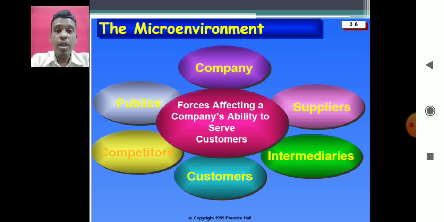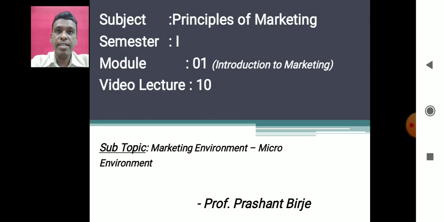So we have to recognize and understand what the customers' needs are, and these needs keep on changing over time. The purchasing behavior of the customers also keeps on changing over time. And lastly, the last part of the micro environment is publics. Now what are publics? The publics means the organization's micro environment that includes various groups or units put together, known as publics. These publics may be of different forms or different types.